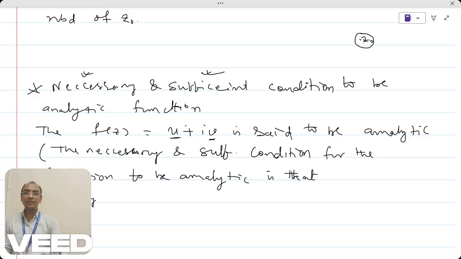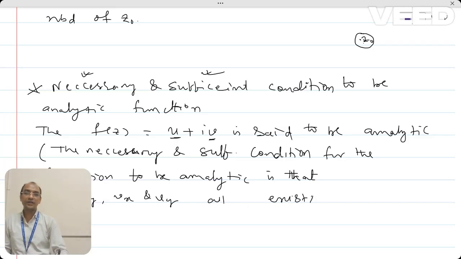Ux means partial derivative of u with respect to x, uy partial derivative of u with respect to y, and similarly vx and vy all exist. They should exist and they should be continuous